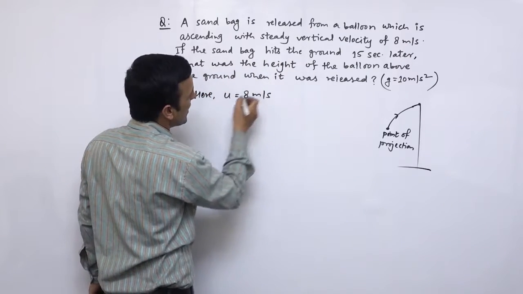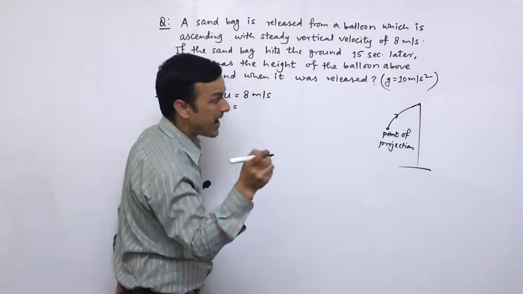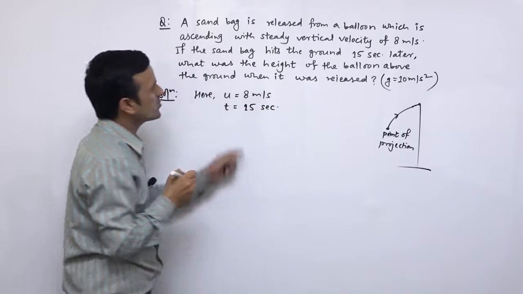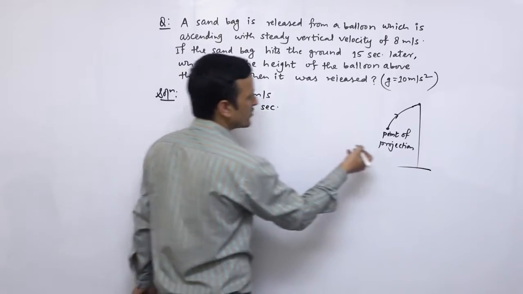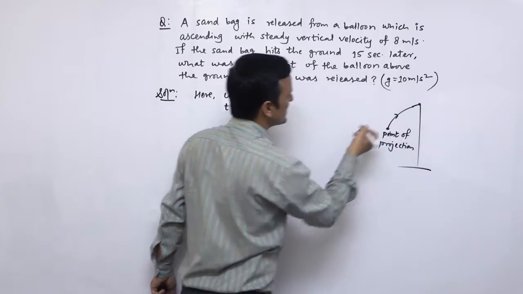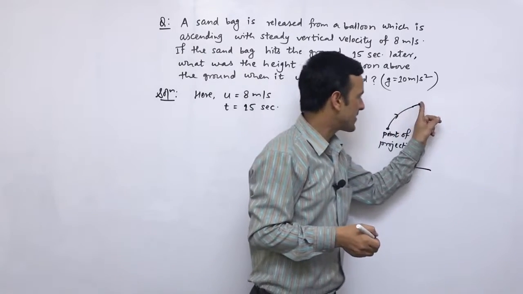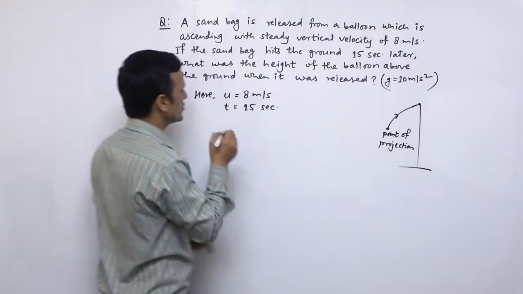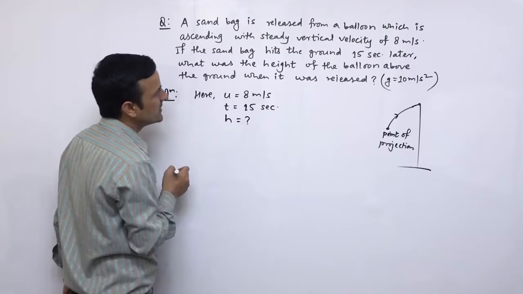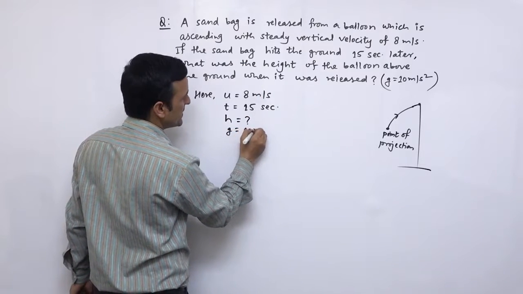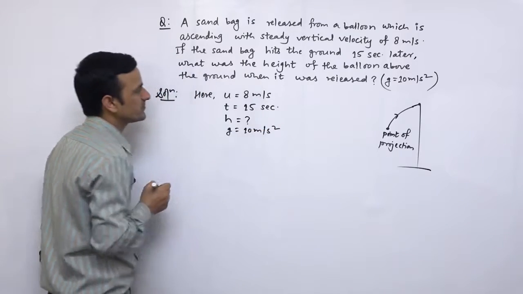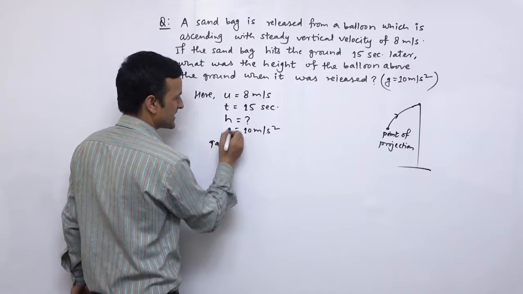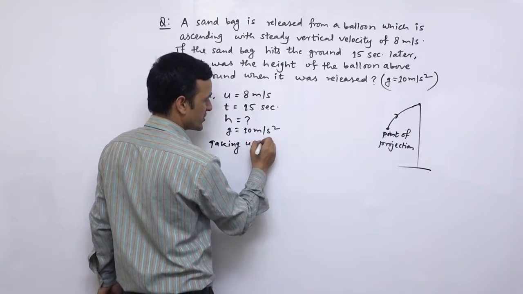If the sandbag hits the ground, total time taken by sandbag to the ground is 15 seconds, and what was the height of the balloon? यो sandbag खस्ने बेलामा बेलुन ग्राउन्डबाट कति हाइटमा थियो, त्यो हाइट निकाल्नु पर्यो। h is equal to what, and g is also given, 10 meter per second square. So with the help of this information we can find out the distance h taking upward direction